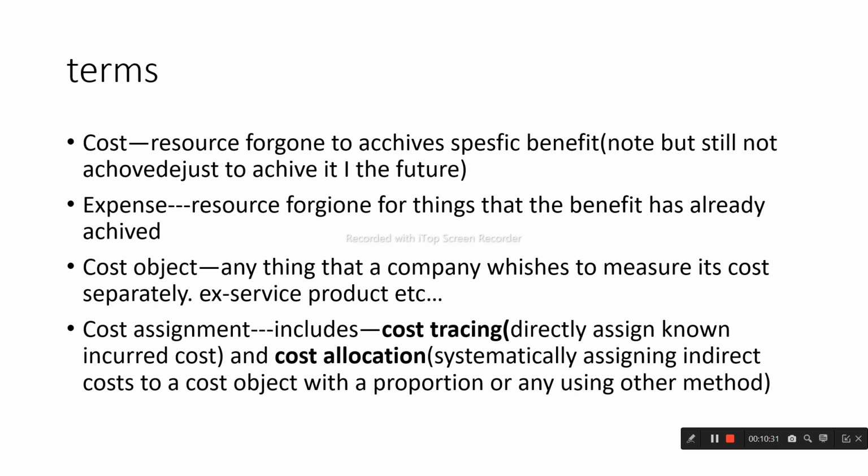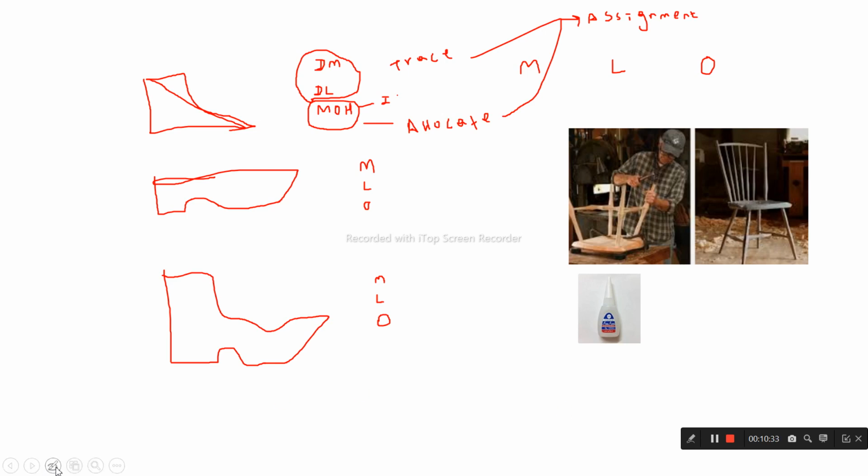So for direct material and for direct labor, or for direct costs, we trace the total costs to the cost object. This process is called cost tracing, which is a part of cost assignment. Also, we will allocate the total indirect costs to the cost object. It is called allocating, which is a part of cost assignment. It's all about